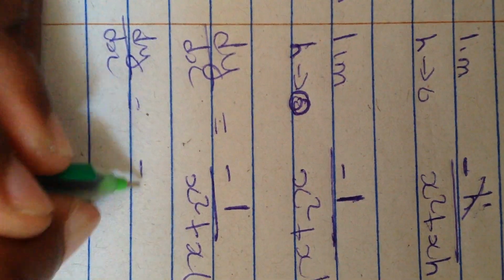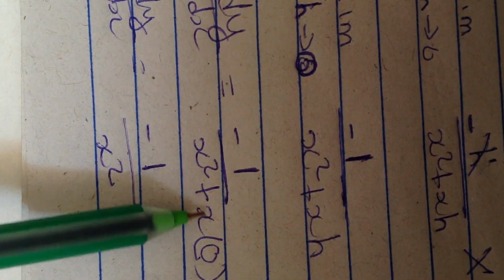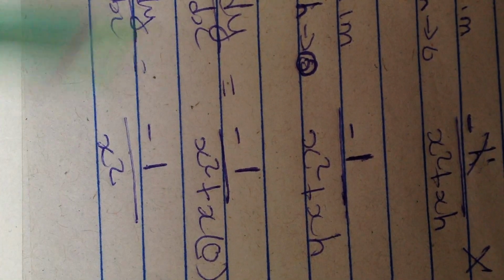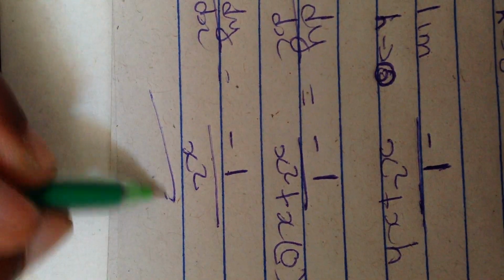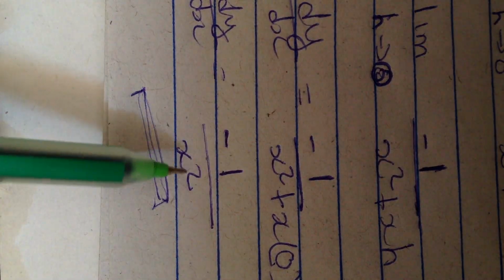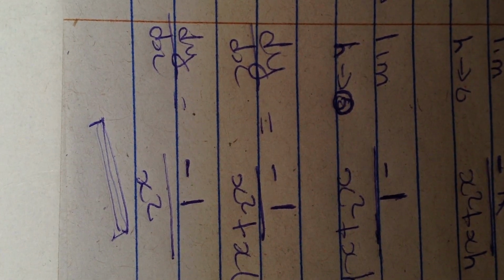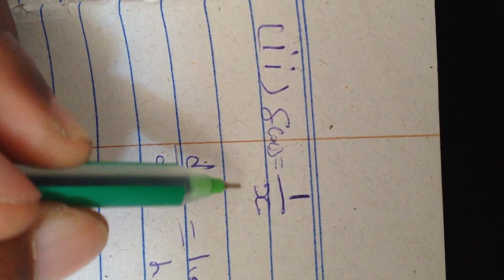So our final answer, dy dx is equal to negative 1 over x squared, what is x times 0, that's 0. So this one becomes our final answer, negative 1 over x squared. This becomes our final answer when you've been asked to differentiate this question using the first principle. Using the first principle, differentiate 1 over x. The answer is supposed to come out as in